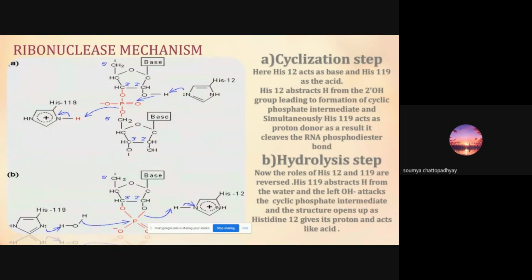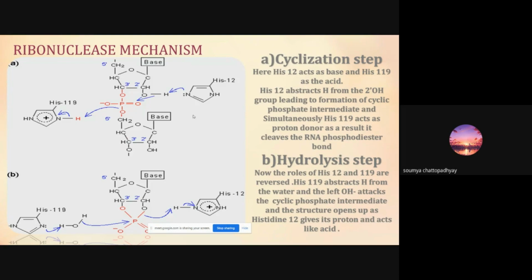It's an example. There can be different types of enzymes, and they can have different types of machineries. But I will be talking about the ribonuclease enzyme. Now, this is quite a fascinating mechanism because the histidine you see here and the histidine you see here, at first step they are going to do a specific work, and in the very next step they are going to interchange their role. So basically, this is the structure of RNA, and as the name suggests, the ribonuclease functions by cleaving the RNA.